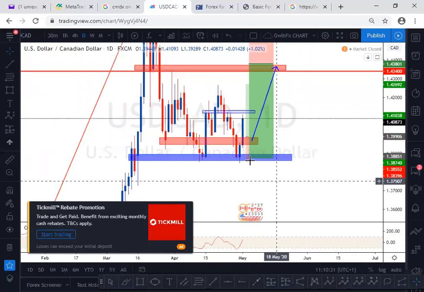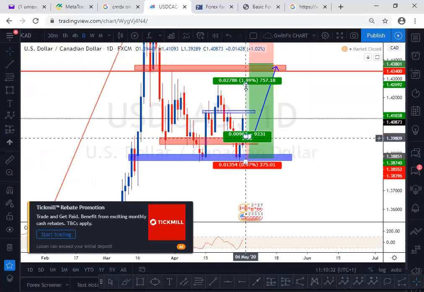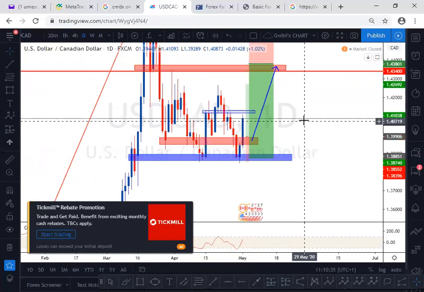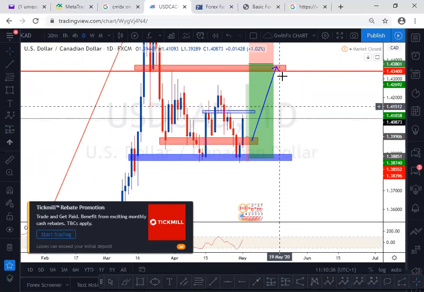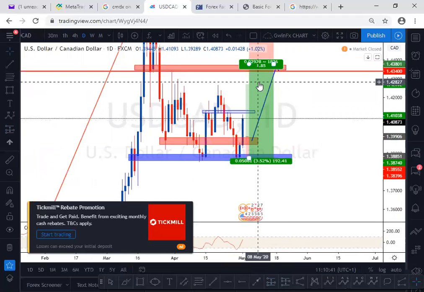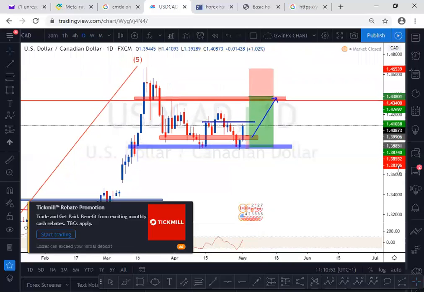You can actually open a pending order here for a buy and we target this zone. I'm not asking why, you know, targeting this zone, which you want to be having a sell from. No, you want to be doing that, all right? You cannot be greedy in the market. You want to be taking your profit when you have a convenient place, all right? You don't want to be going greedy. So I teach my students every time, you don't want to be going greedy, all right?